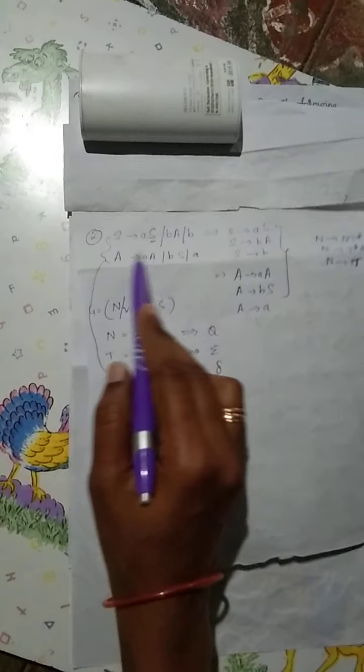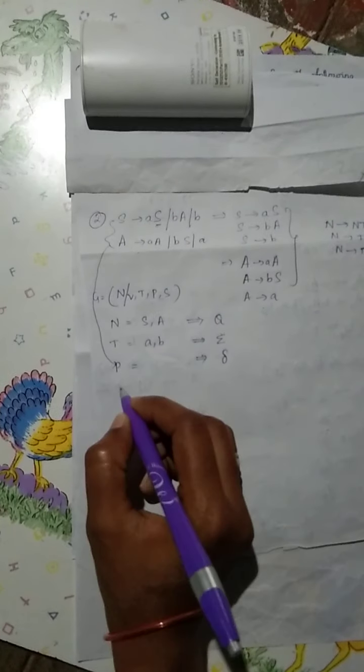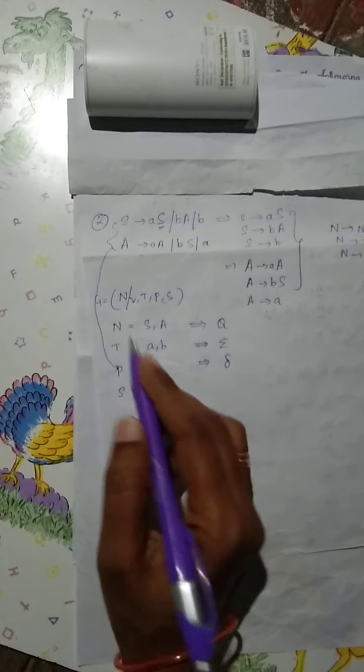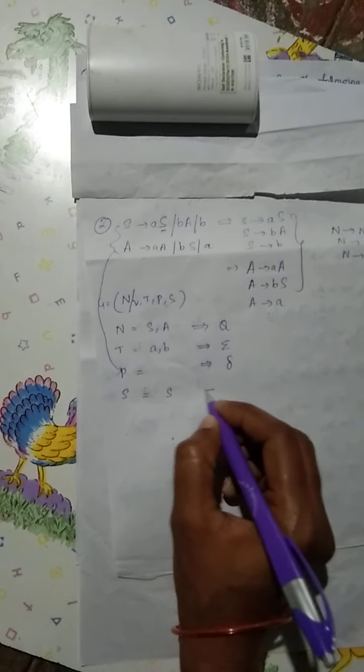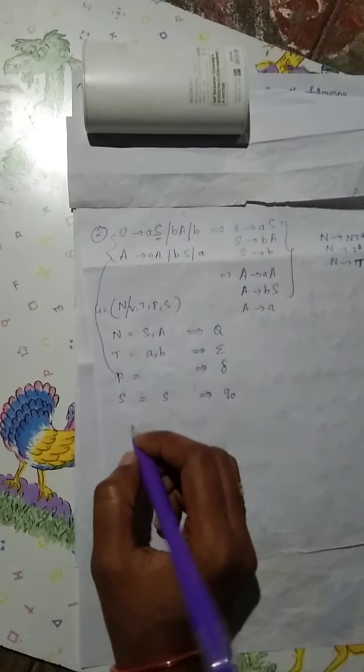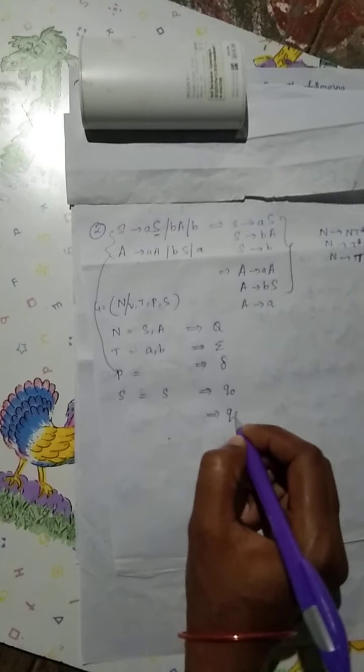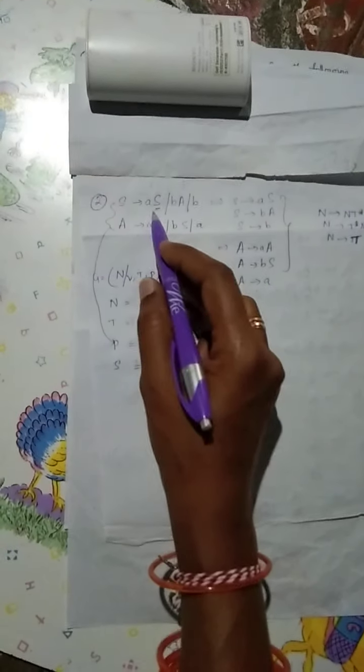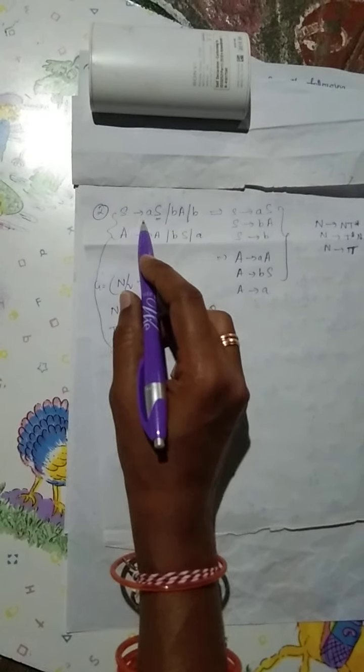Now we are going to convert each and every production into transitions. And S is the starting symbol. What is the starting symbol here? S is the starting symbol, and that acts as the initial state in your automata. We also need to find out the final state, that is QF, when converting these productions into the automata. Now let us take the first one, S tends to AS. It is in the form of the first rule. We have two rules here: Ai tends to aAj or Ai tends to a.